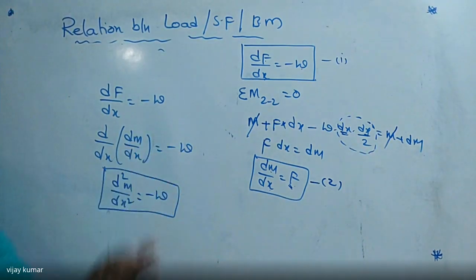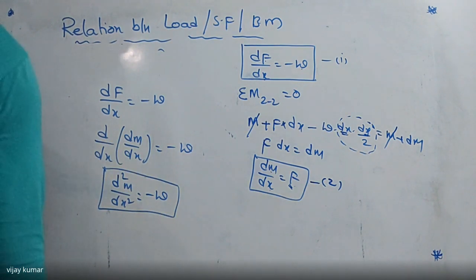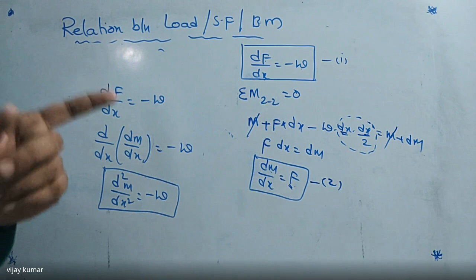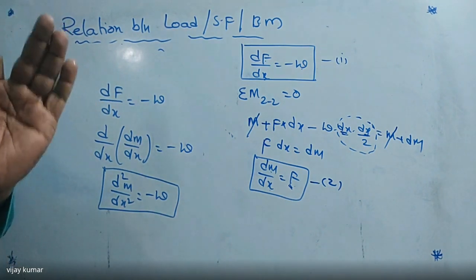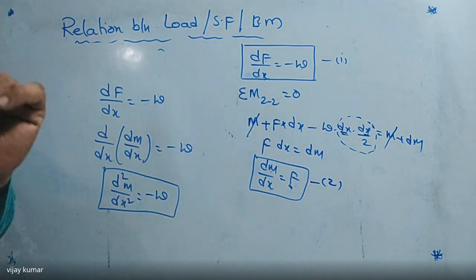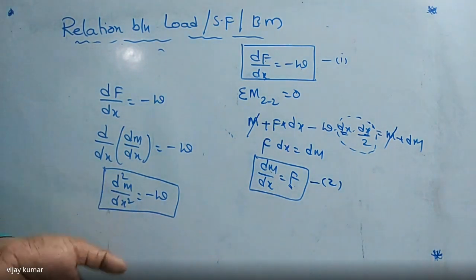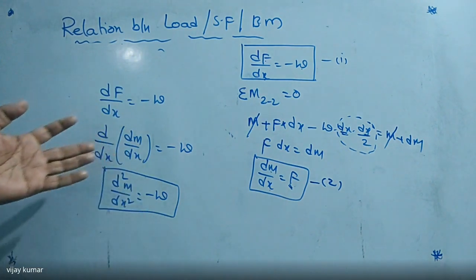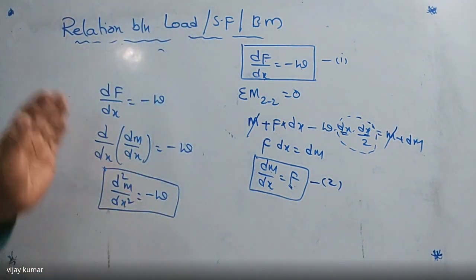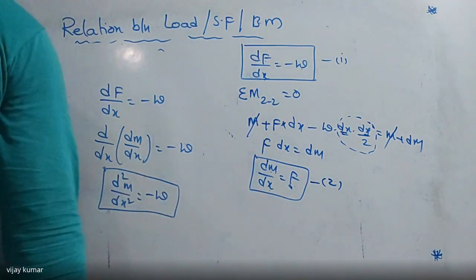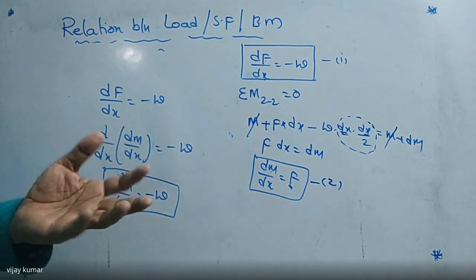So this is the chapter about shear force and bending moment diagram. Here three beams are completed: the cantilever beam, the simply supported beam, and the overhanging beam. When the beams are subject to point load, UDL, UVL, when the beams are subject to couple, when the beams are subject to internal hinge, all are clear. And also we know the relation between the shear force, bending moment and load. These relations are also clear now. So only three beams are remaining. I will give the explanation in the next chapter.